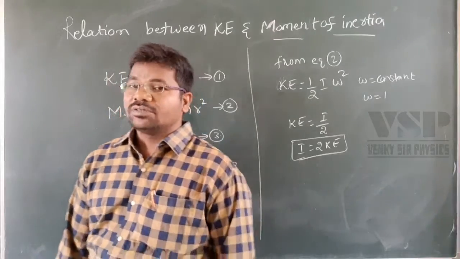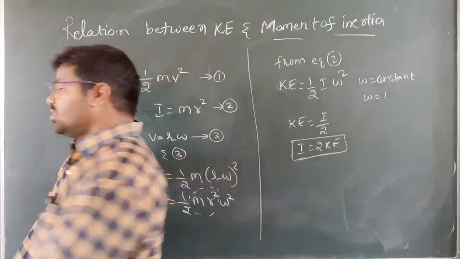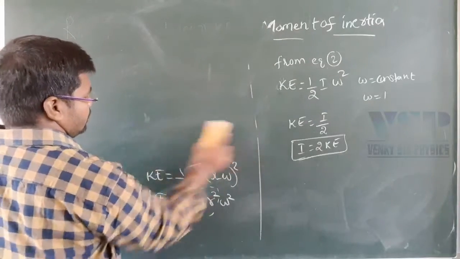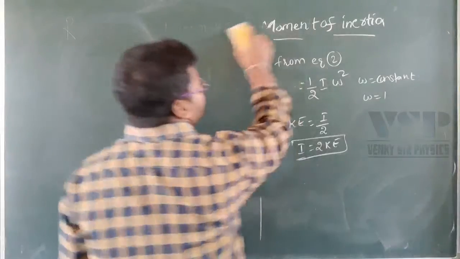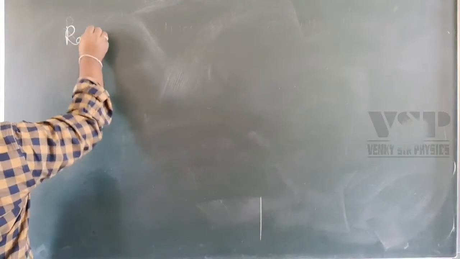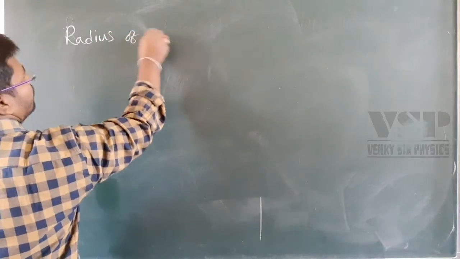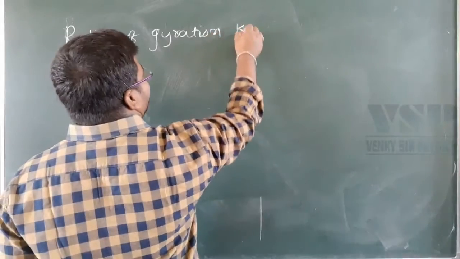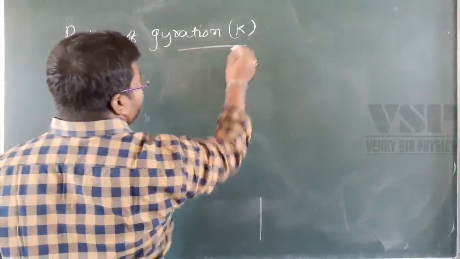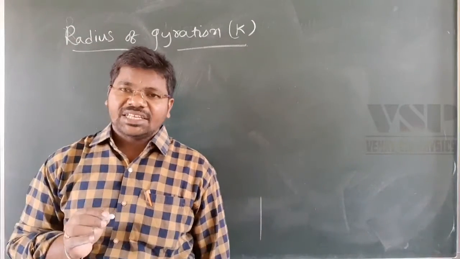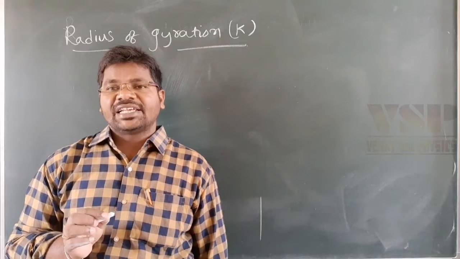Next, coming to radius of gyration. It is denoted K. So radius of gyration, which is defined as